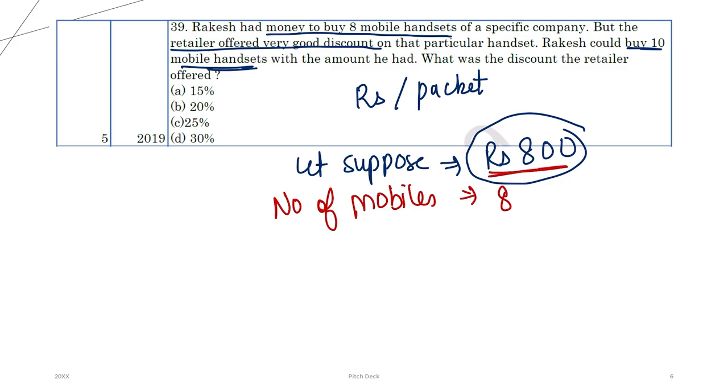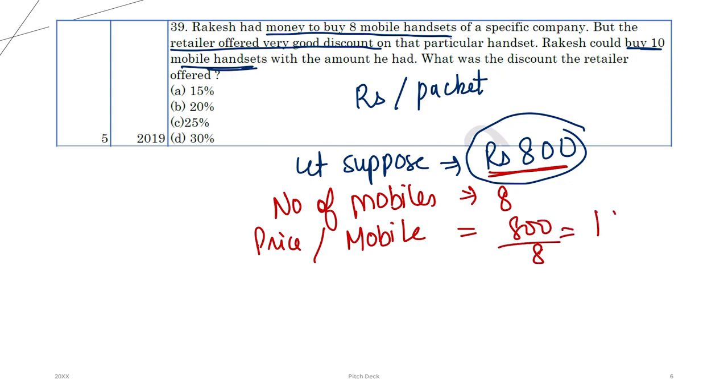The number of mobile phones I can buy is 8. So the price per mobile phone is how much? 800 by 8, that is 100 rupees. 100 rupees is the price of the mobile phone I am thinking of, right? Now, when I reach the market, the number of mobile phones being offered to me is 10. So the price per mobile phone is how much? Price per mobile phone is 800